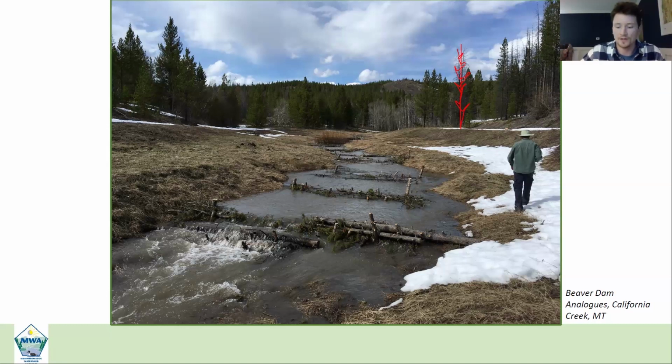So you can see, they're pretty effective at impounding water in a system that's low gradient, that isn't too powerful, that it doesn't have so much power that it's going to blow the structure out immediately. And you can see that we're not just adding one, we're peppering these things in pretty tightly, because they are not the most resilient structure. Having redundancy is the key piece to making a successful project.